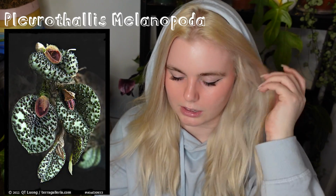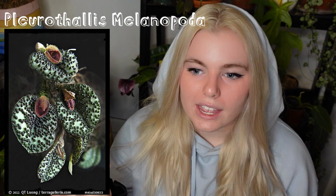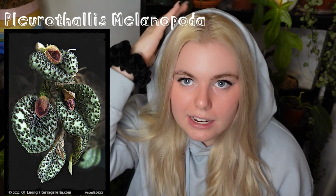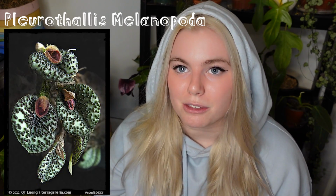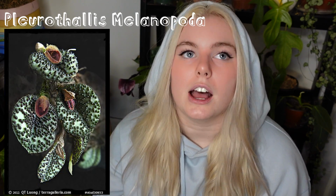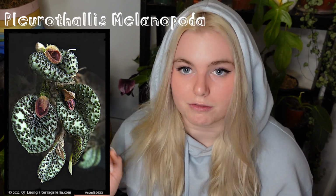And the last orchid on my list is Pleurothallis melanopoda, which, what is that? It has spikes. It has little risen pharynx spikes on an orchid. On a Pleurothallis. Pleurothallis, Nepenthes, and Barbosella, by the way, are my three favorite genera. And then also I like Restrepia a lot. There's no Restrepia on this list though, because those are like 15 bucks. But I love the melanopoda because it looks like an